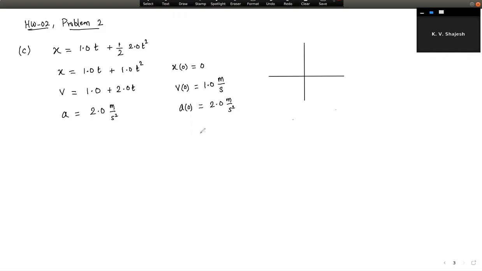And again, let's look at this. At time t equal to 0, this is passing through the origin. So that's part of the path of the curve. And that's your x and time. And now at time t equal to 0, there is a positive velocity. That means the slope of this curve at this point is a positive quantity. So that's somewhere the path of the curve crosses the origin in that form. And next we are given that